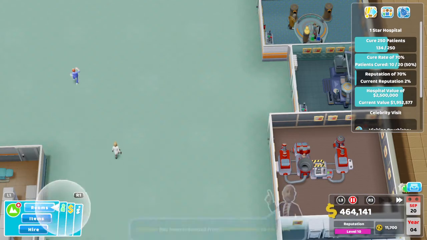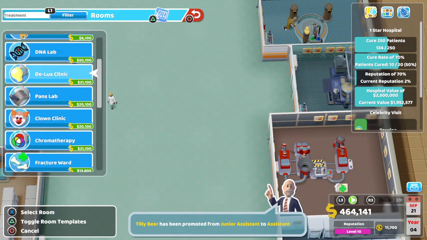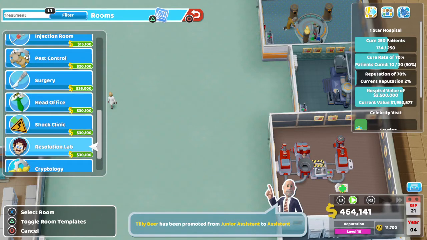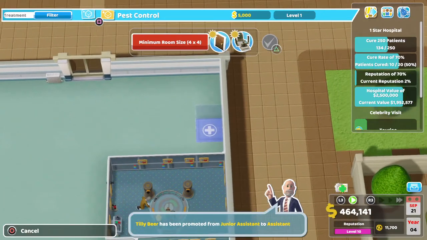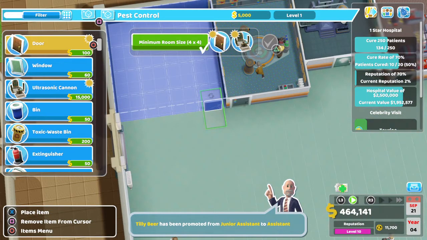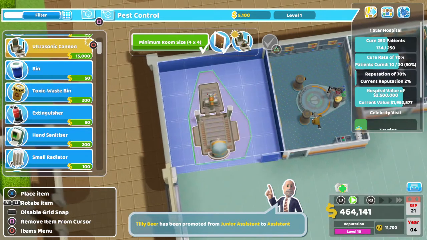So if we're going to have 4 treatment nurses, we should make sure we have the... Have I only got 2 treatment rooms for nurses? Oh, they're having the time of their life. They are slacking. Let's get this in. I don't really want the door there. I'm going to have to put the door there. I don't really want the door there. I'll put the door